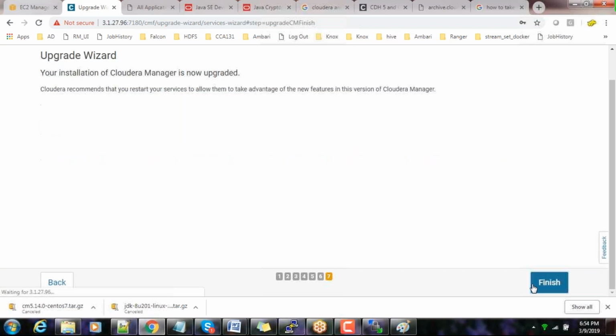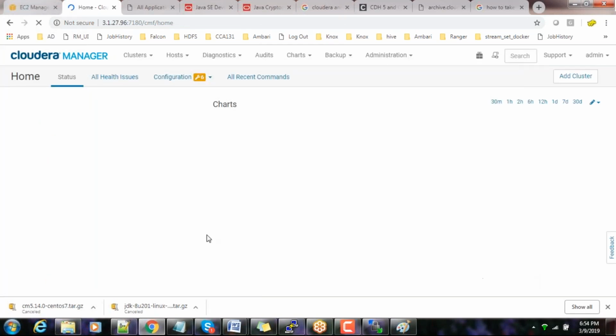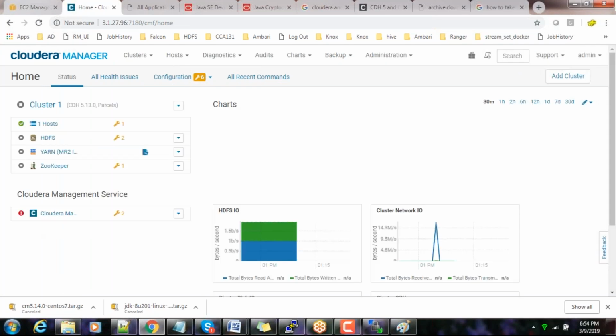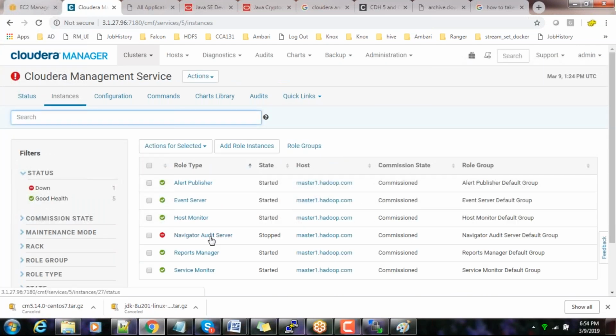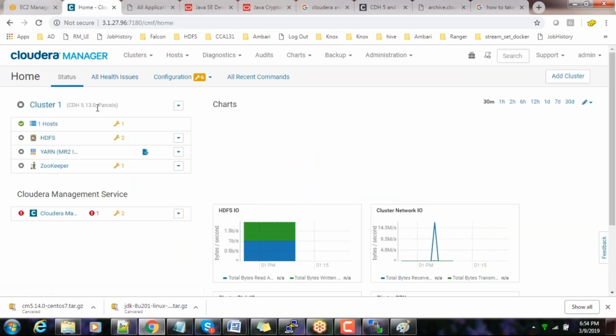Then once this is done, go ahead and continue. Then Cloudera recommends you to restart your service. Okay, that is fine. Finish. Now, this is showing us bad health. Maybe some of the services are. This is the audit service, and it is showing in stop state, but that is fine. We will keep it aside. We will do the troubleshooting,